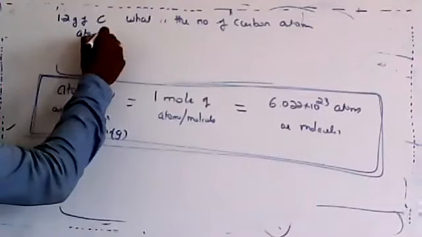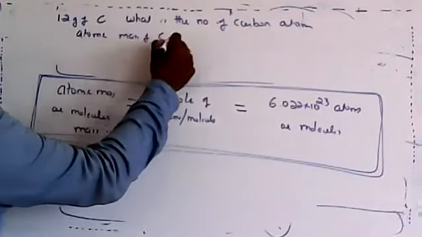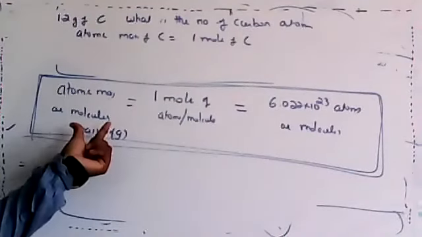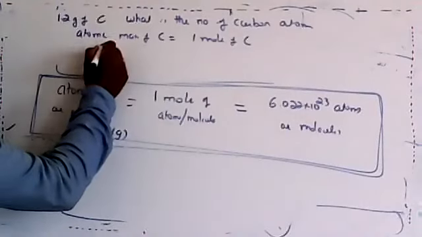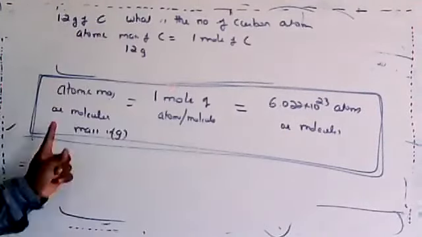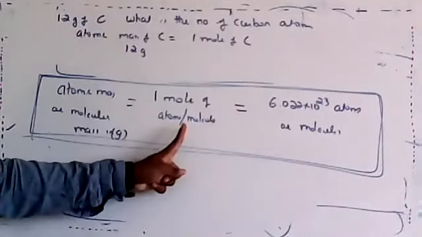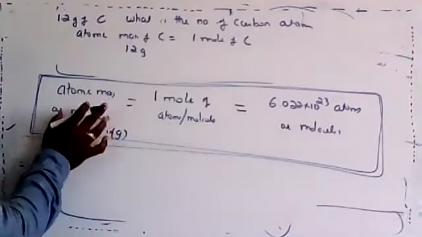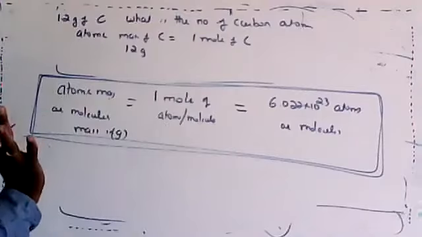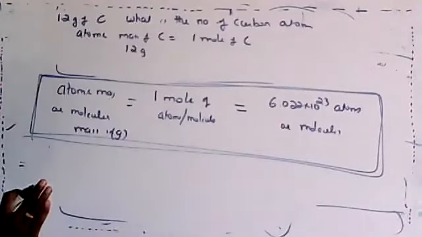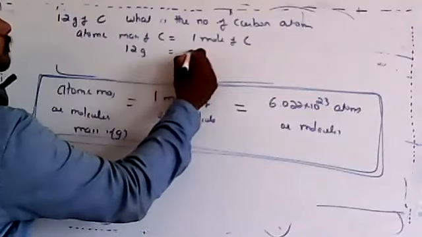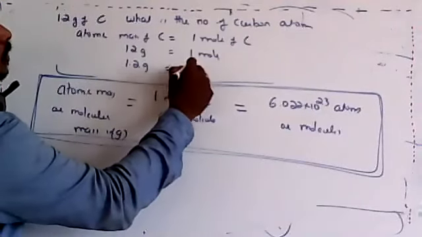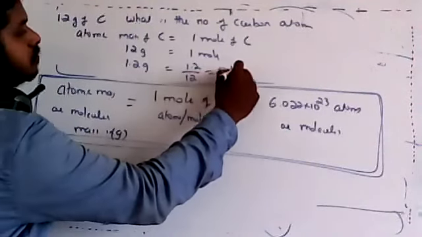You know, the atomic mass of carbon, if you take exactly the atomic mass of carbon, that is nothing but 1 mole of carbon. What is the atomic mass of carbon? 12 grams. What is asked, you should write on the right side. Here I want to calculate the number, but before that I calculate the mole. So the atomic mass of carbon will be equal to 1 mole of carbon. So 12 grams of carbon will be equal to 1 mole. Therefore 1.2 grams of carbon will be equal to 1.2 divided by 12, that is nothing but 0.1 mole of carbon.